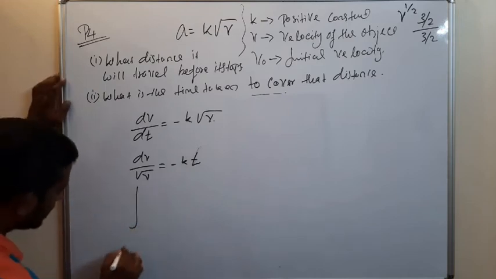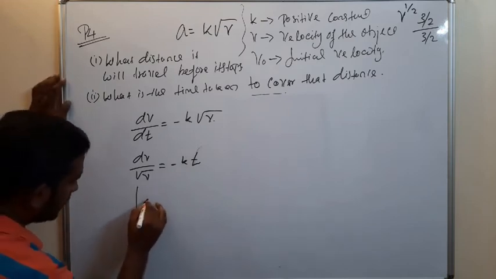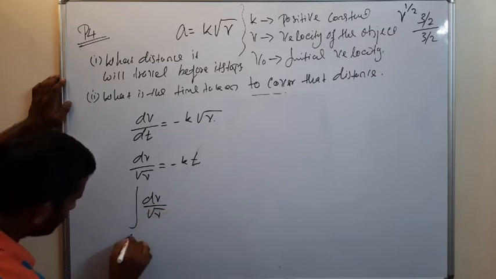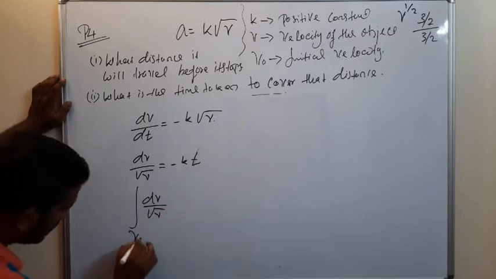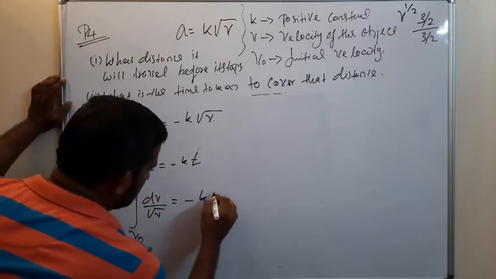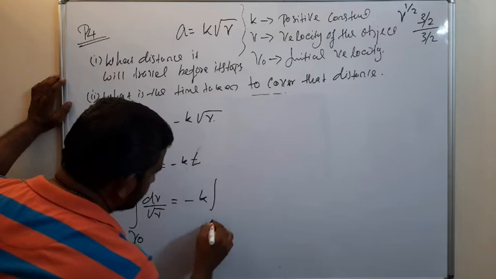So integral dv by root v, the velocity changes from v0 to v, is equal to minus k into integral